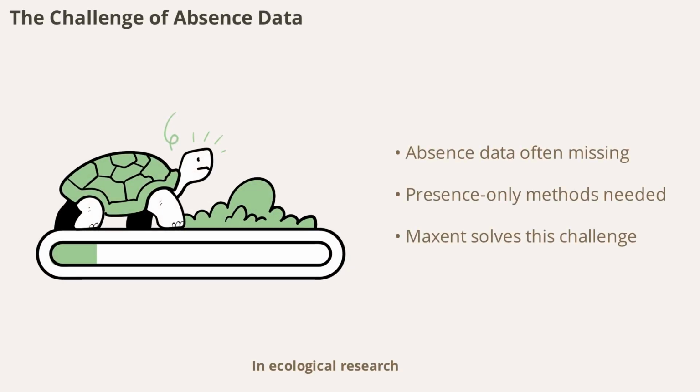In ecological research, scientists often have detailed records of where a species has been found, but rarely know all the places where it is truly absent. This lack of absence data poses a significant challenge for traditional statistical modeling, which typically requires both presence and absence information. Especially in remote or poorly sampled regions, absence data can be unreliable or simply unavailable. As a result, methods that can work with presence-only data like MaxEnt are extremely valuable. These approaches allow researchers to make the most of the data they have, opening up new possibilities for studying species